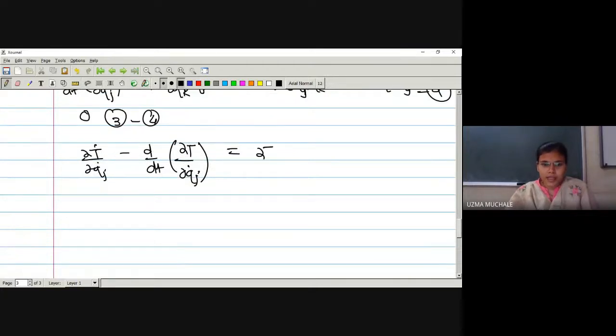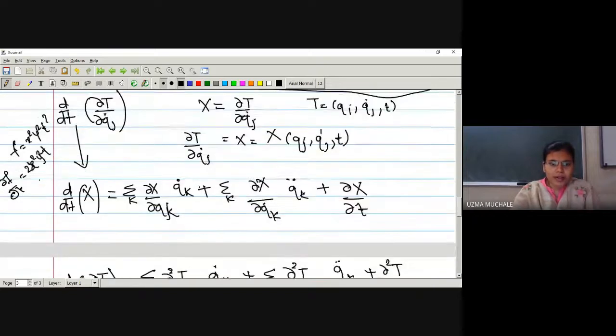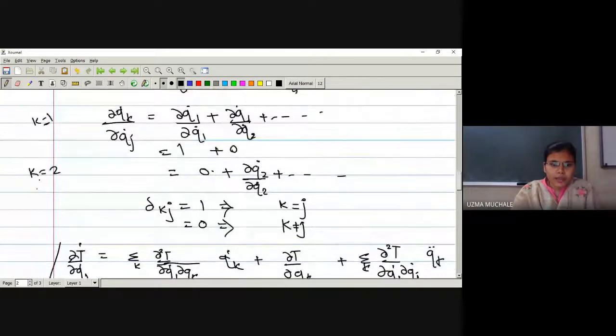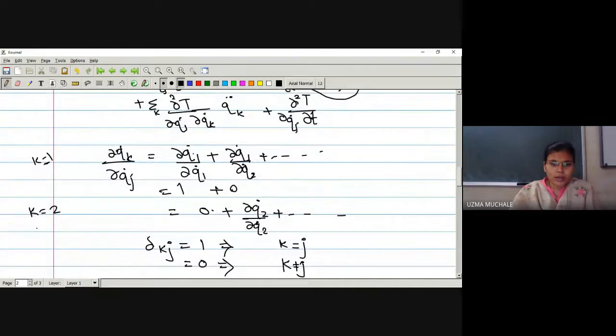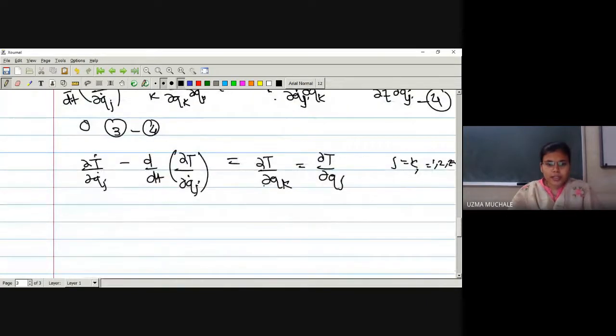Okay, so here we can write dou T by dou Qk, or we can write it as dou T by dou Qj also. Because J is a common term used here, J and K are simply parameters which have the same values 1, 2, 3 up to n. But while calculating, we are using different terms, because if you see here, we have evaluated the derivative here, q1 dot, q2 dot, as j and k we are using, hence we can evaluate very easily. So let us evaluate this and we get this equation, right?